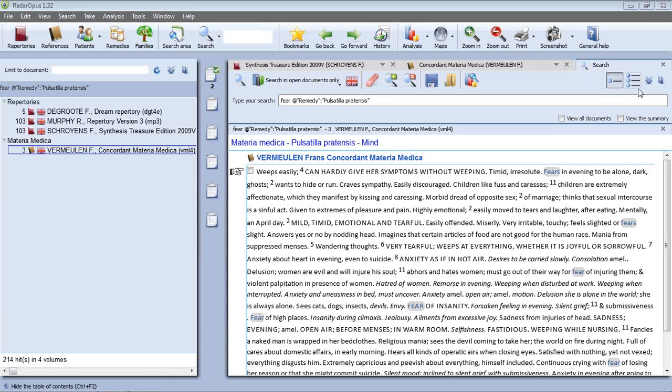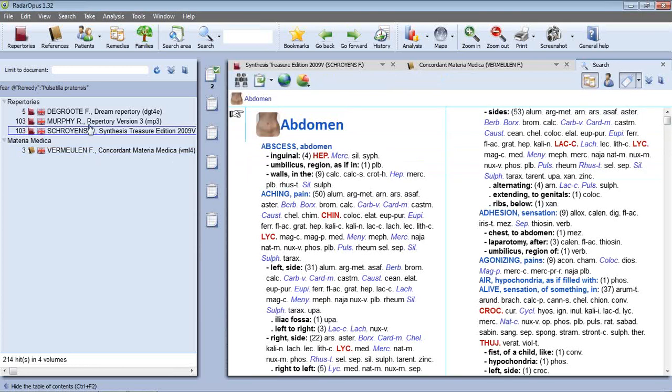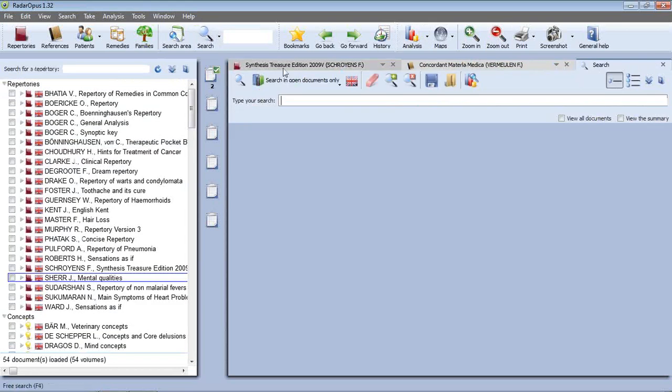Just another quick thing I want to point out to you is that if you want to look at all the documents at the same time, the default here is to focus on one document at a time. So I'm currently in Vermeulen's Concordant Materia Medica, or if I click it, I'm in Synthesis, Treasure Edition, or Murphy, etc. In my search window, just bring that back up again, I've got this little tab here, this button checkbox, View All Documents. If I tick that box and then do my search,